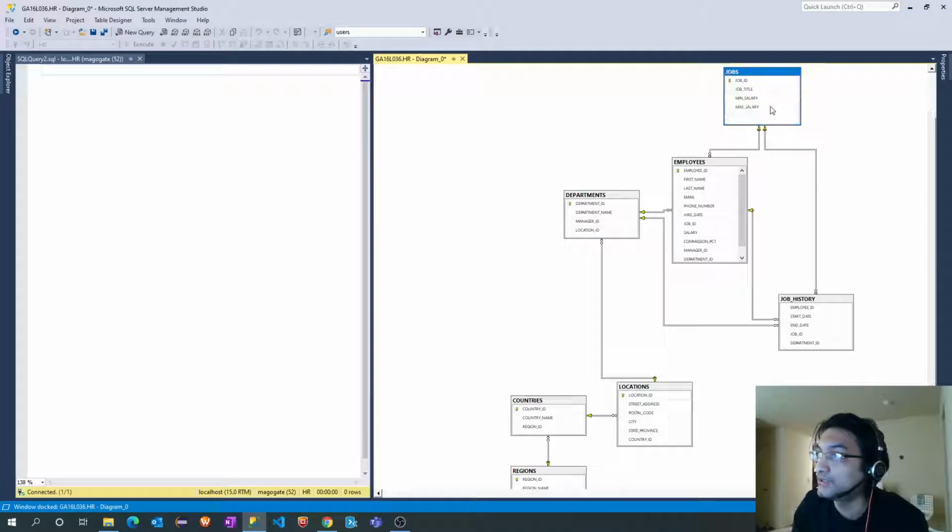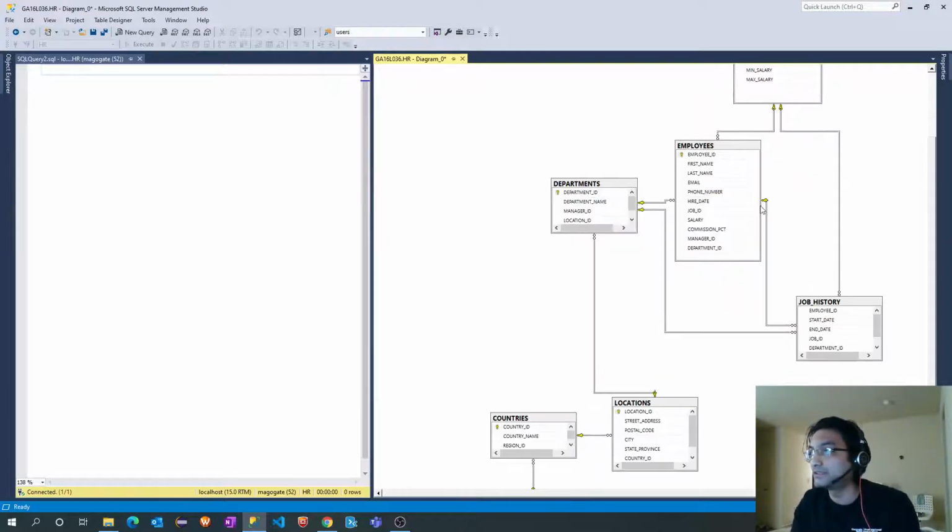In the jobs table you have the maximum salary, meaning for that job profile, the maximum and minimum salary a particular employee can have. We'll see the job history table afterwards, but let's first look at the records in the employees table.